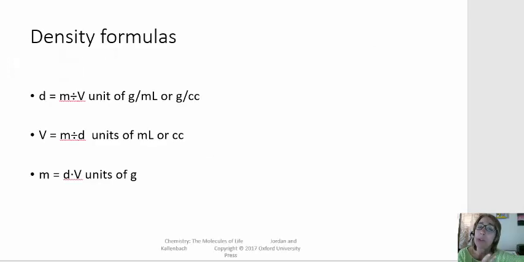Now, because there are three variables in the density formula, you could be asked to solve for any one of those three variables. And here is the reorganization of the density formula to solve for each variable. So if you're solving for density, you take mass and divide it by volume, and your final unit for density will be grams per milliliter or grams per centimeter cubed. If you're solving for volume, that's going to be mass divided by density, and your final units will be milliliters or centimeters cubed. And then if you're solving for mass, that's going to be density times volume, and your final